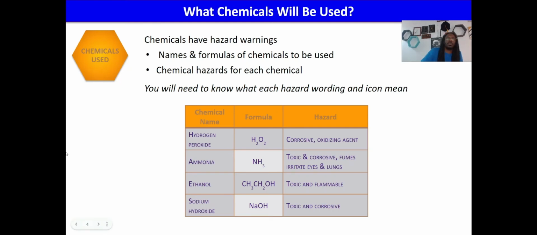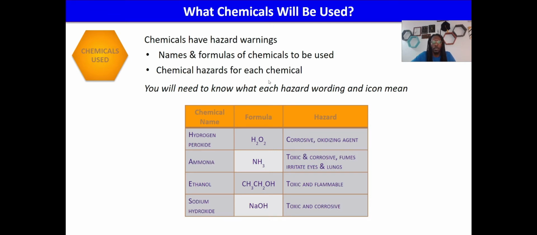Okay, so what chemicals are going to be used? What are we going to be using here? Like most chemicals being used, they have certain things about them. Chemicals have hazard warnings. This is the names and formulas of those chemicals. They're going to be on this warning, and they're also going to have the actual hazard on that